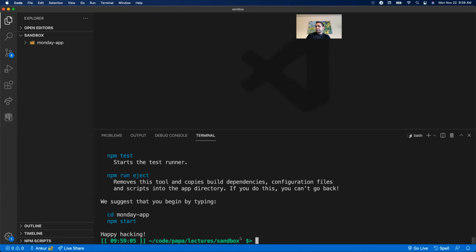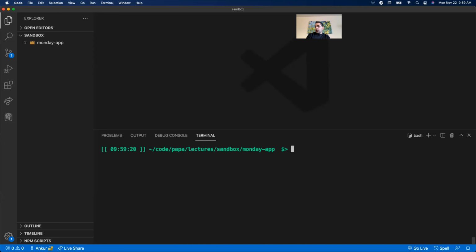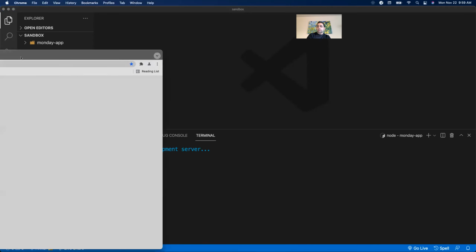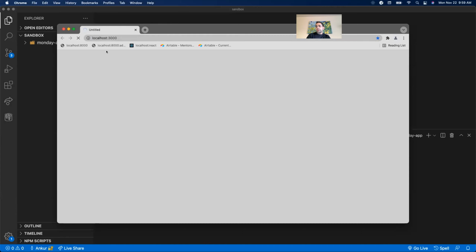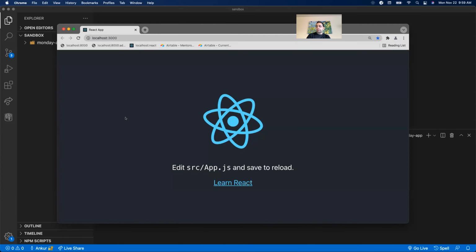Okay. All right, so after you run create React app, you should see this message of happy hacking. I'm gonna cd into my Monday app folder. All right, so I'm gonna run npm start, see if that works. If not, we might need to troubleshoot. So npm start here. All right, looks like it's proceeding on. So unfortunate error before, I'm not sure what caused it, but ideally you should be able to get a window